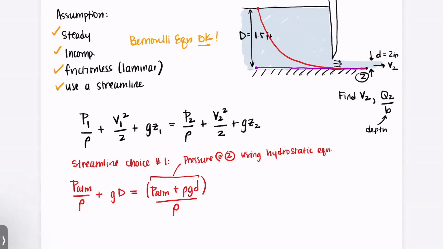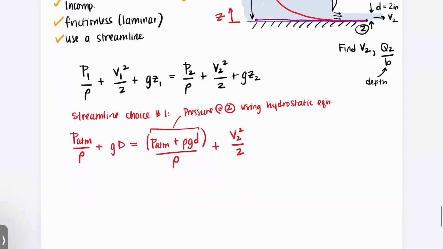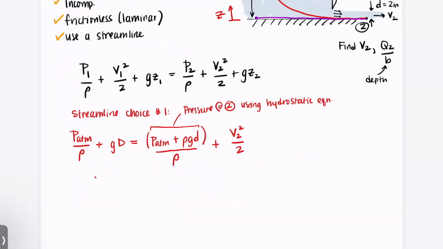All right, we want to find V2. So we're going to leave that as it is. And then gz2 is just 0 because we called this our Z coordinate and we didn't really talk about it. Right? Okay, so let's solve this. So V2 is equal to